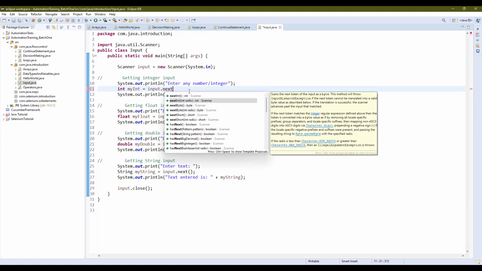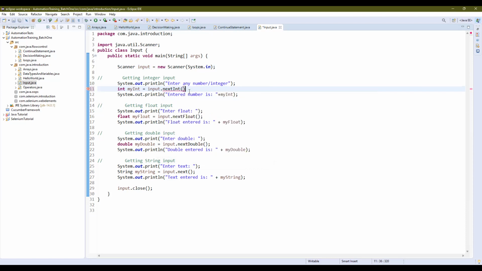You can call any method, like nextInt, and the expected user input would be the number. Same you can do for float and double, and to take any string, you can just call input.next, right?